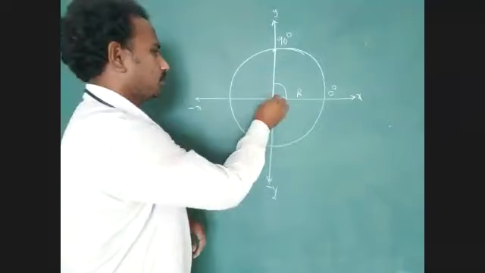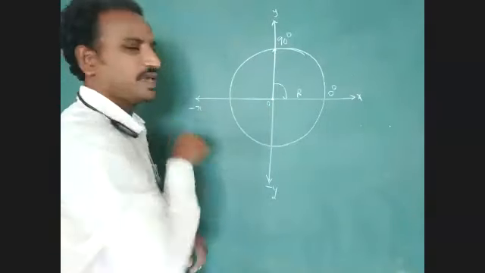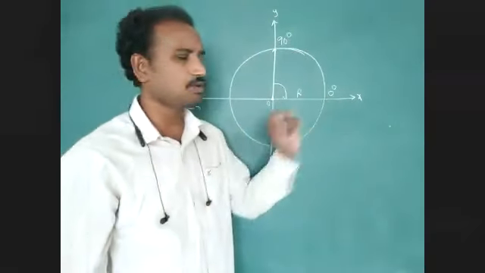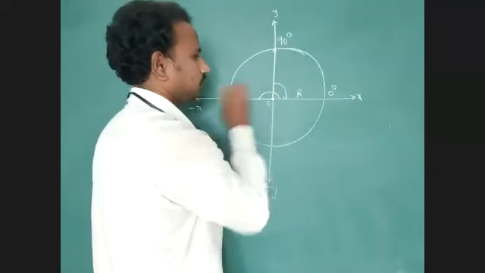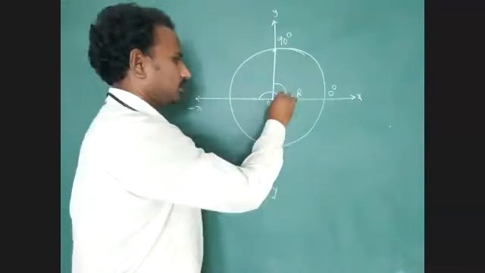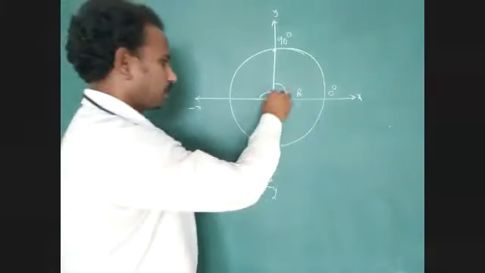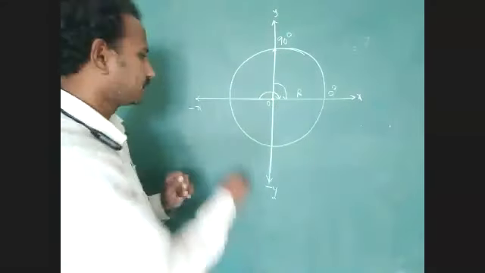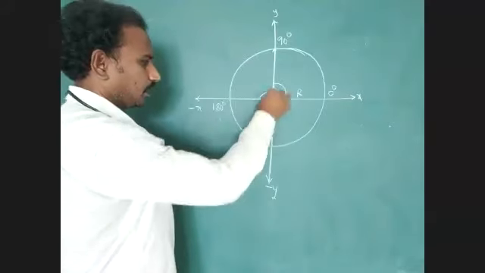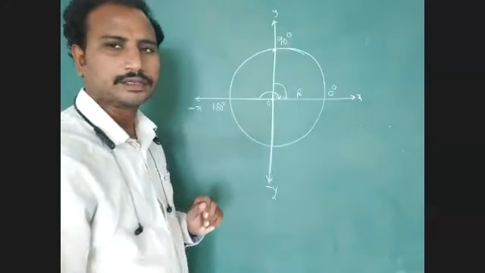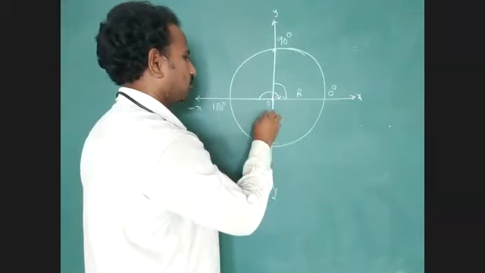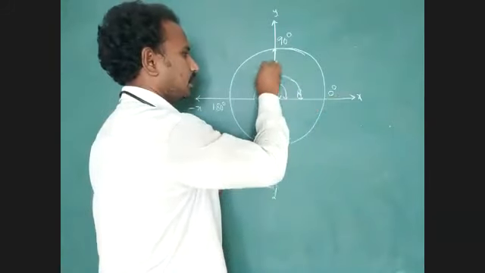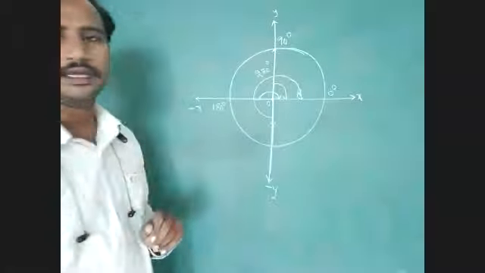Next, we identify the radius vector position along the negative x-axis direction. Here, the radius vector makes 180 degrees with respect to the horizontal x-axis direction. Now, the radius vector is along the negative y-axis direction. Now, how much angle does it make? 270 degrees with respect to the horizontal x-axis. Identify this angle, 270 degrees.